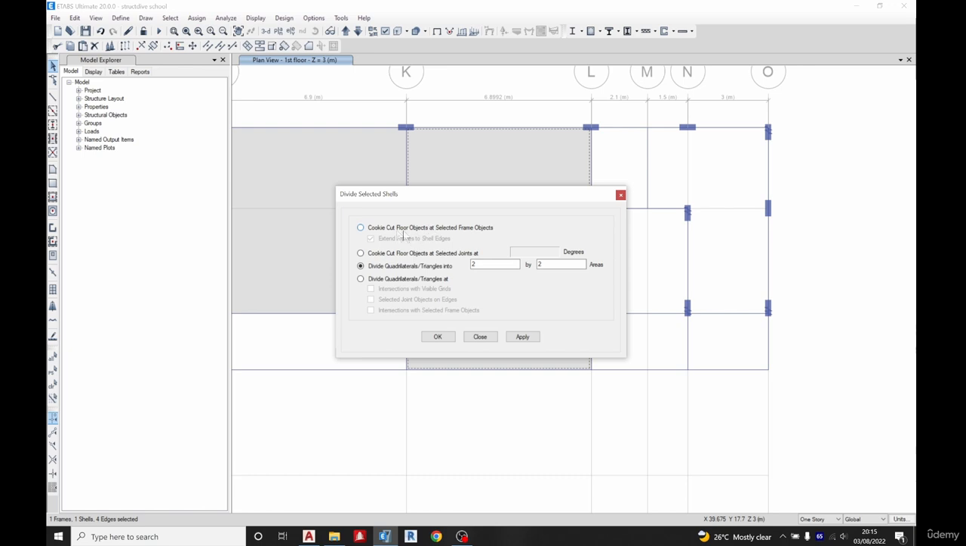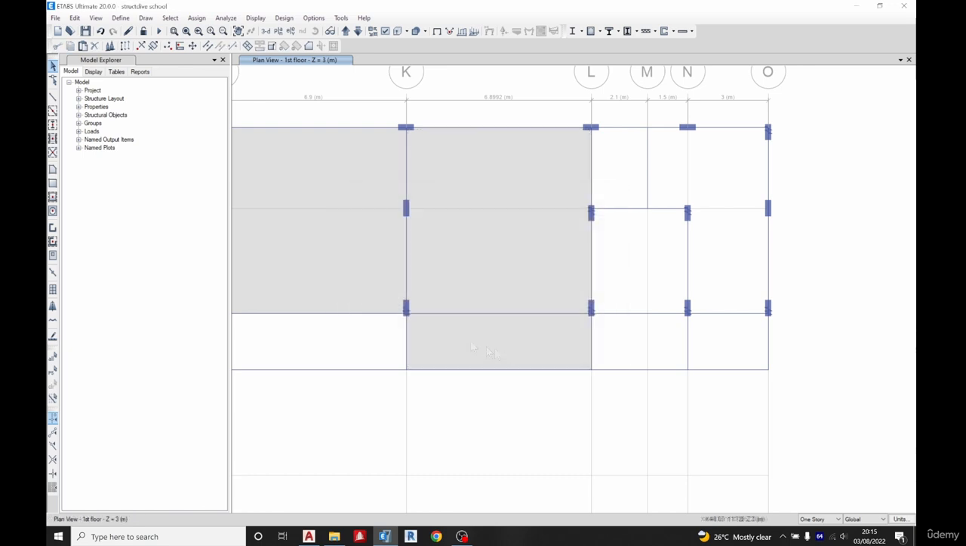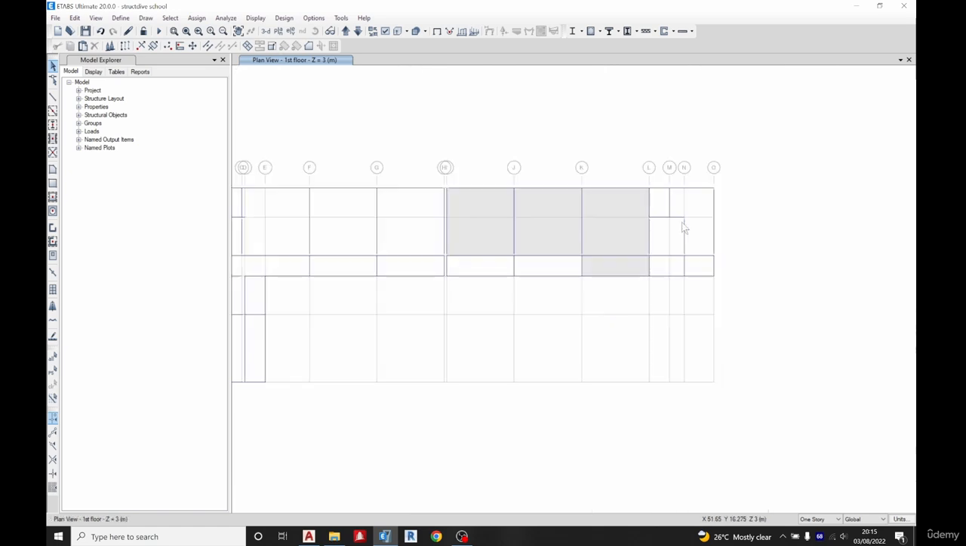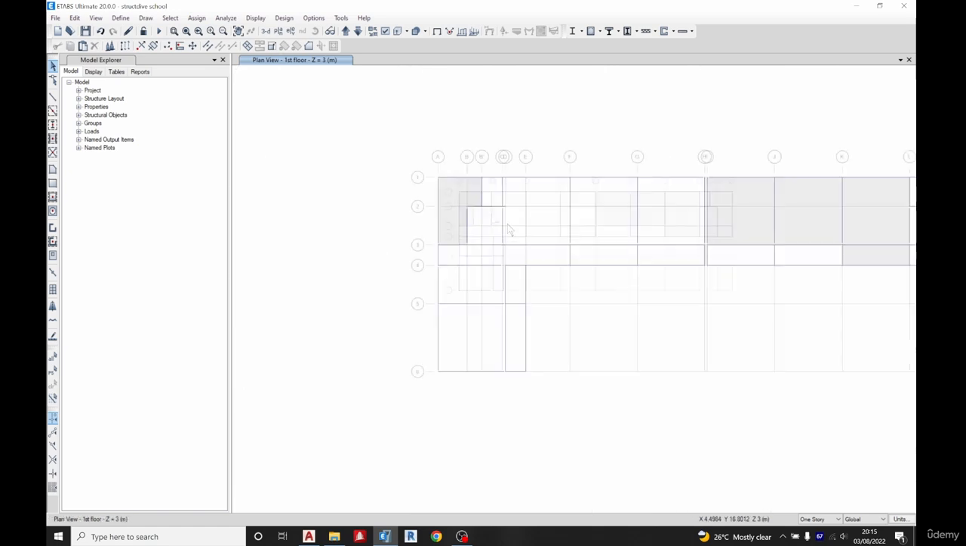Cut cookies as frame objects. So I'll select this and click OK. So you can see 1 and 2. So we've done that already. So that's one simple way of modeling on ETABS. So we shall continue modeling this